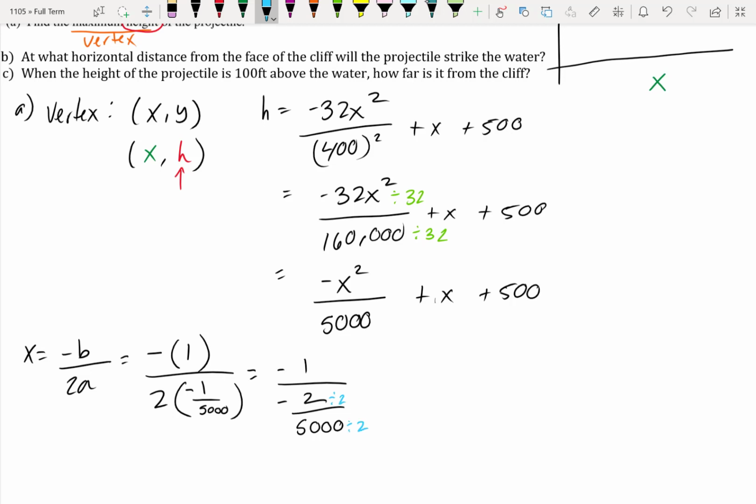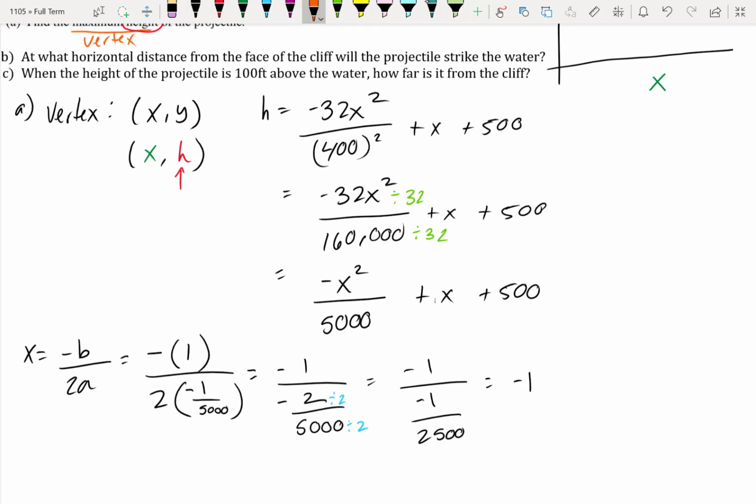They're both even, so we can take a 2 out of each. We have negative 1 over negative 1 over 2,500. Now, let's make this look pretty because we hate the way this looks. So we're going to make it look how we're used to seeing it, which is negative 1